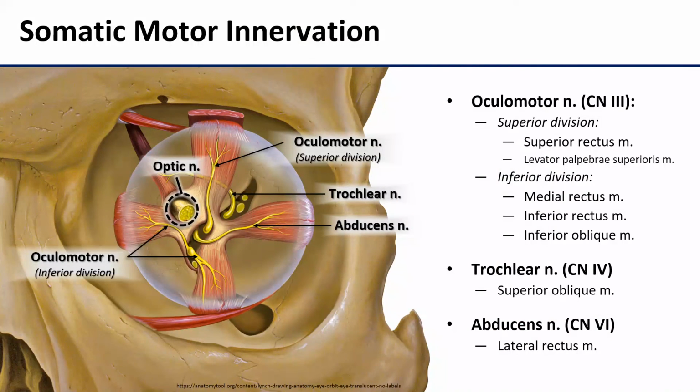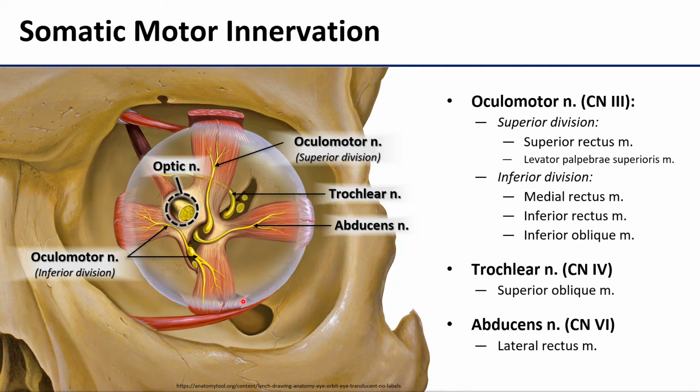The last topic that we'll cover here is the somatic motor innervation of these muscles. The oculomotor nerve does the bulk of the heavy lifting here, and it innervates 5 out of our 7 extraocular muscles. It's going to enter into the orbit through the superior orbital fissure, and then it's going to split into a superior and an inferior division. That superior division is going to head up to innervate the superior rectus and the levator palpebrae superioris. The inferior then is going to go to the inferior and medial rectus,